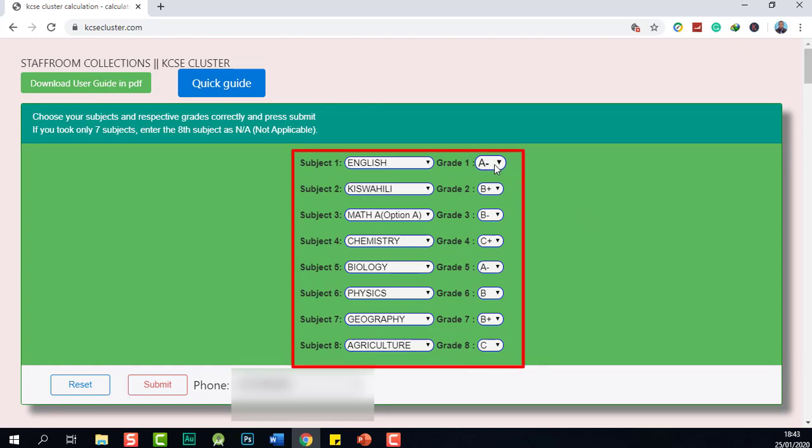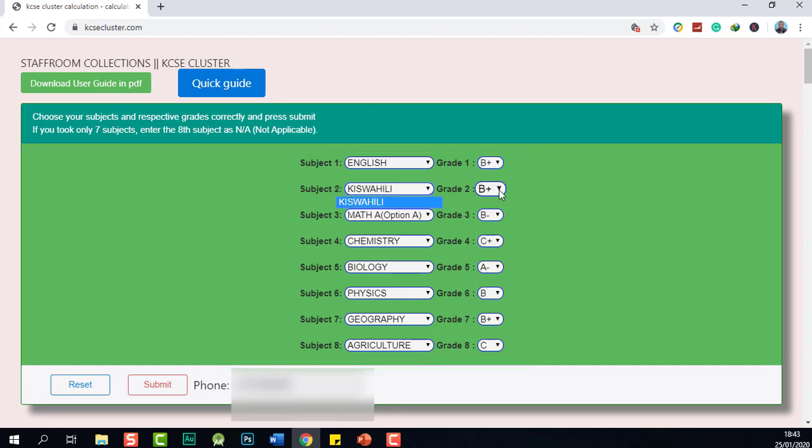We have English, let's say you have B+, Kiswahili, let's say you have C+, mathematics, let's say you have B-, chemistry, let's say you have grade A, biology, let's say you have B plain,